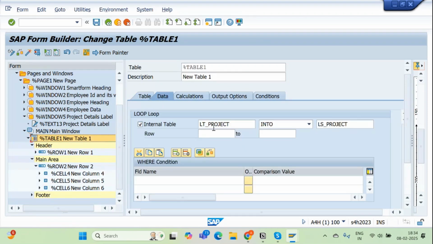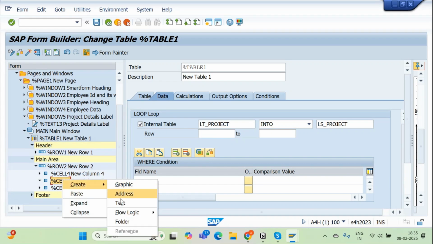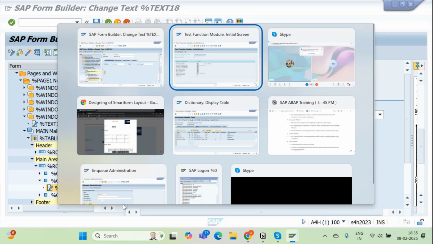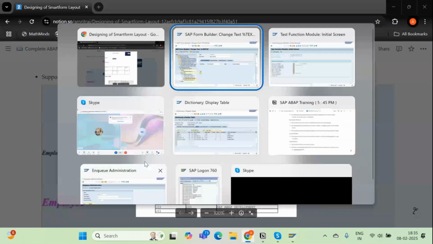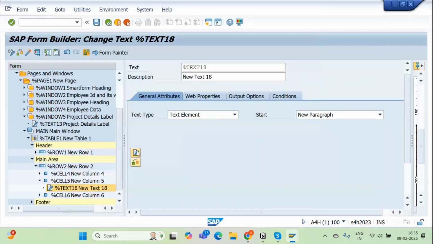On the data we have got, our lt project into ls project. So my text will be displayed. Then for cell 5 we will again display the next one, which is my project id. Okay, I will go for text editor